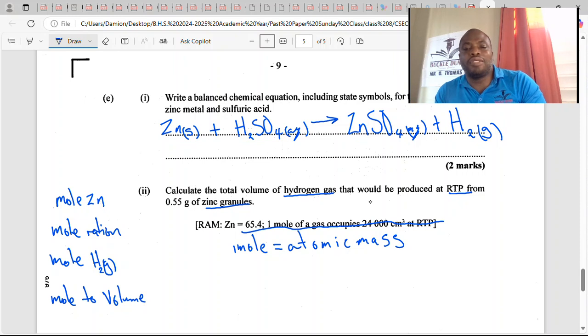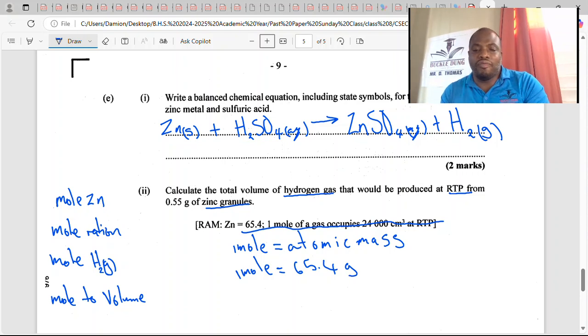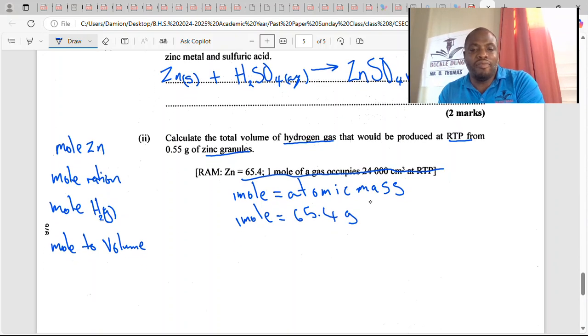Not molecular mass, because we're not dealing with a molecular compound. Atomic mass, because it's zinc right here. And that's why they give you the relative atomic mass of zinc. So we know that when I have 1 mole of zinc, it should weigh 65.4 grams. But I don't have 65.4. I have